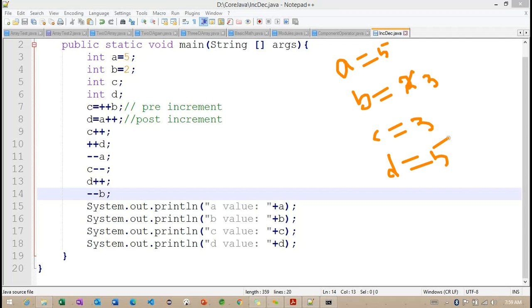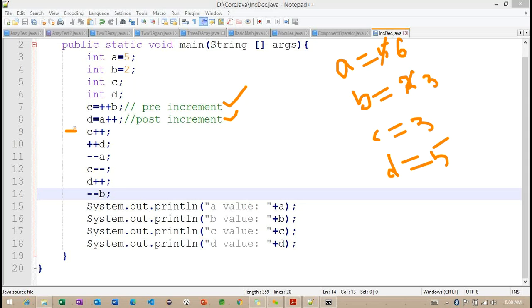The A value we are having is 5 here. The same A value we are initializing into this particular D. Getting the point? This is important here. After initializing, the A value will increase. Why? Because of this particular post increment operator. So basically, we worked with the pre-increment operators and the post-increment operators. So these two sections we completed.